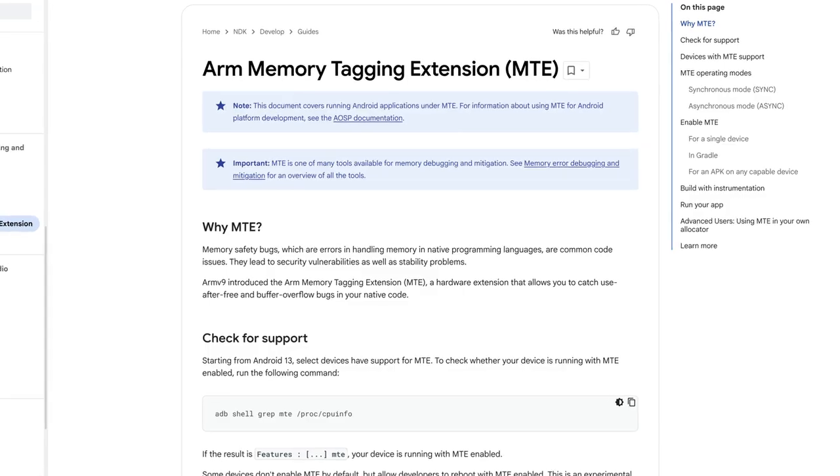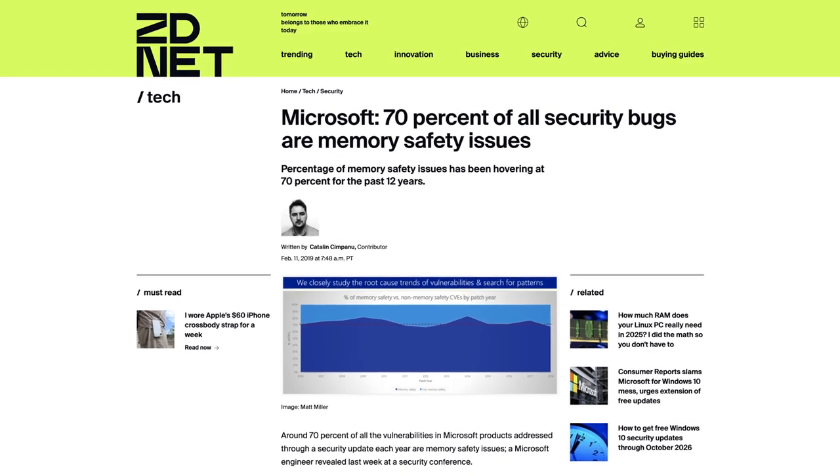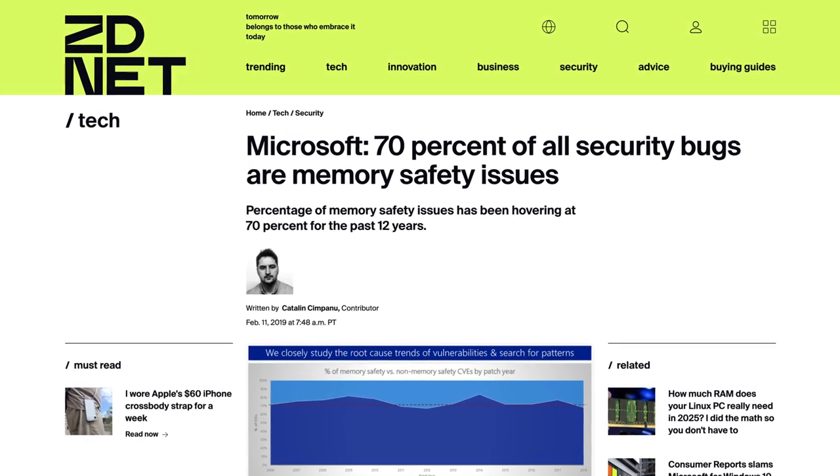The goal behind this technology was to allow developers to identify memory corruption bugs in their apps immediately as they occur, because without this MTE system, this type of memory corruption can actually occur silently in the background, with maybe developers not even noticing. Microsoft and Google have both previously reported that 70% or more of all security vulnerabilities in